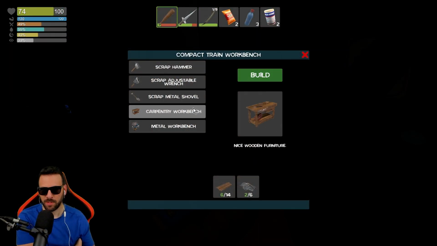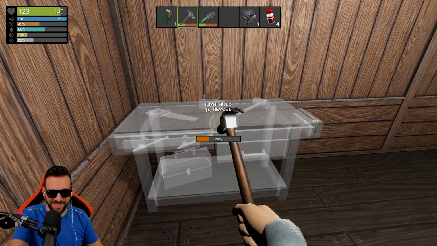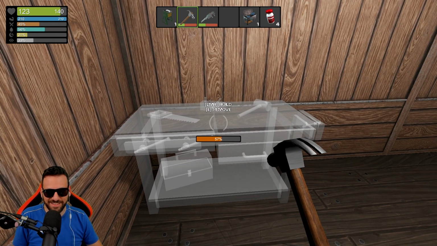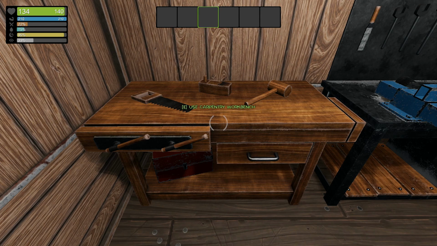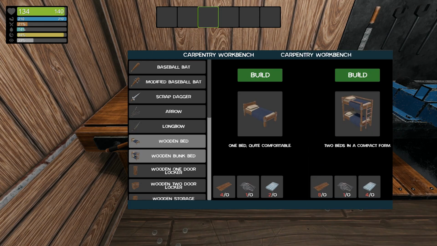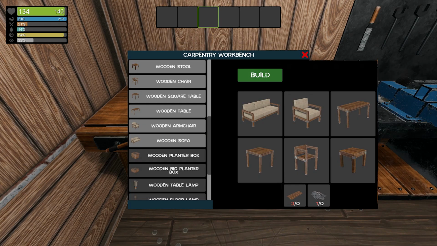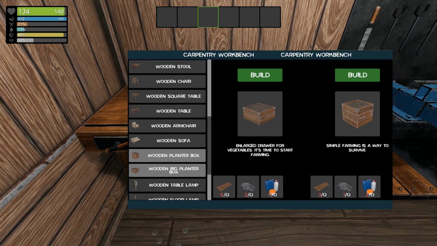In order to advance your craftables, you need to craft the 3 starting tools and the 2 workbenches using the trained workbench. By placing the 2 workbenches and using the right tool to build them, we start our crafting progression. Under carpentry, you can make a baseball bat that you can modify, a dagger that does 10 times more damage if you stealth strike, arrows that are extremely expensive, a longbow that you will hardly use, 2 types of bed for skipping the night and recovering your energy, 3 storages, few decoration furnitures, 2 planters for growing potatoes only,